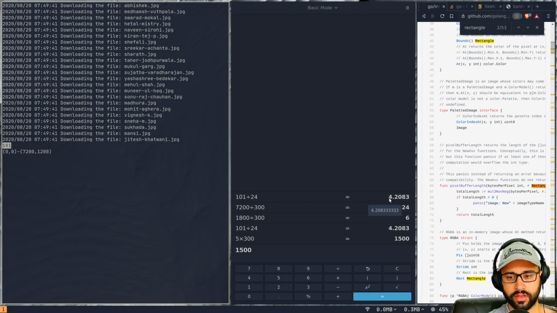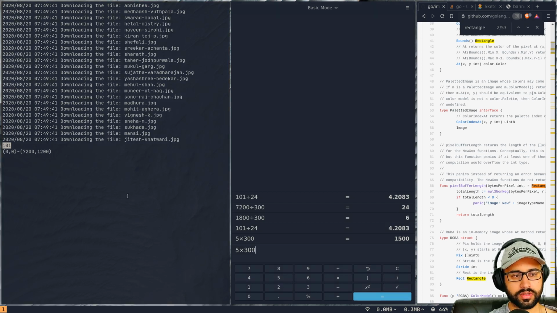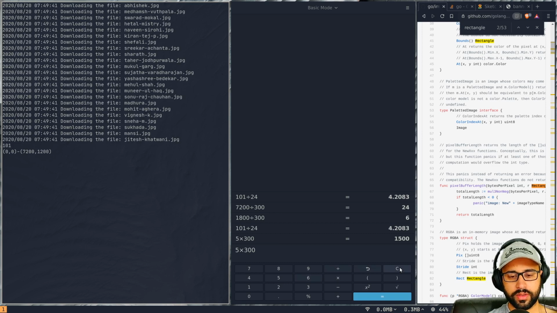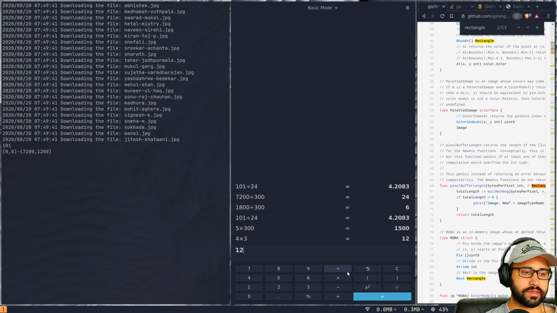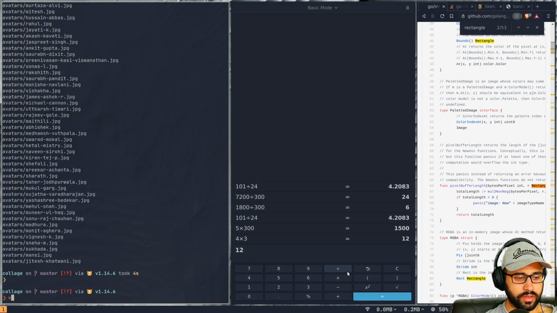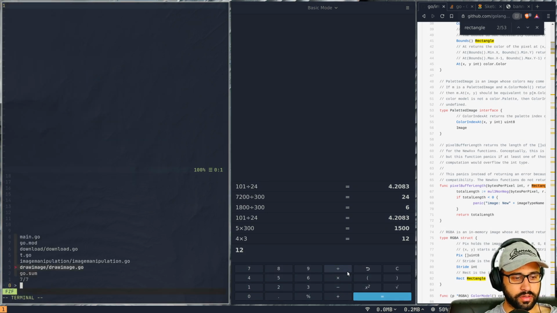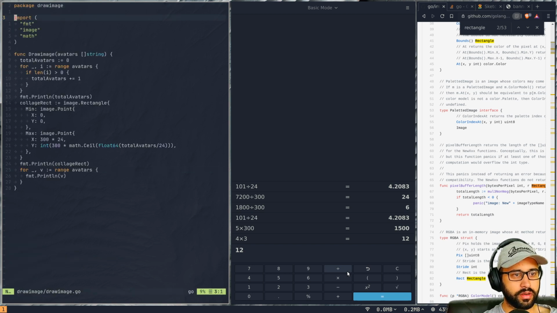101 divided by, okay, so we should get 5 times 300, so that's 1500. 4 times 300 is 1200. Yeah, so it's doing 4 for some reason. I don't know why, even though it's 101. Now we can look at it. So if this is 101,